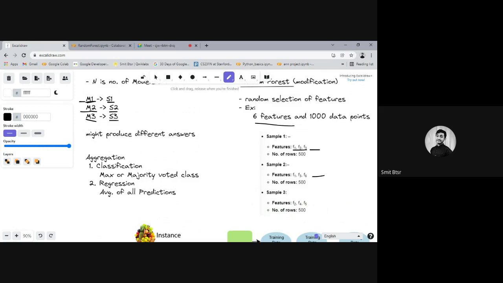So the prediction of the first model depends on these three features, and the prediction of the second model depends on these three features. So where the predictions are coming from is different. It is the same data point, but their view is different.